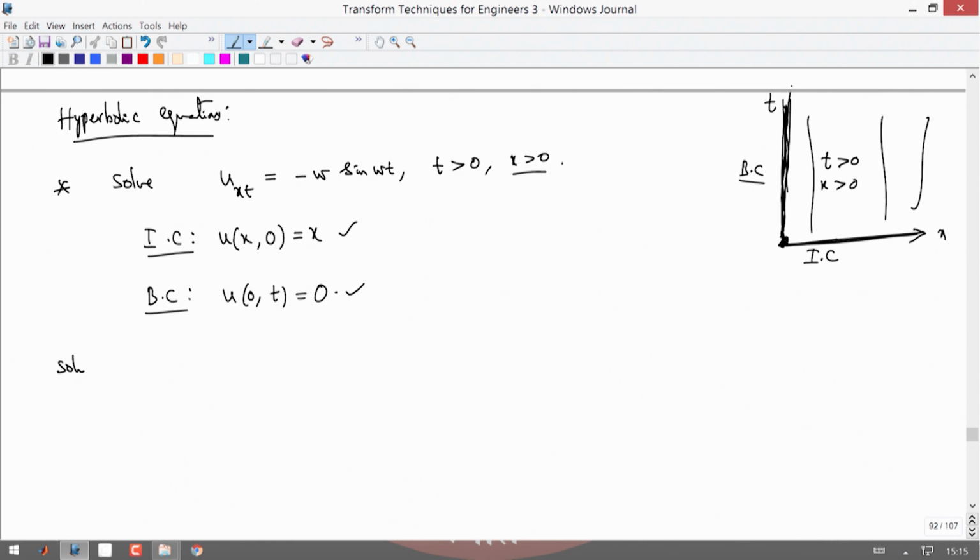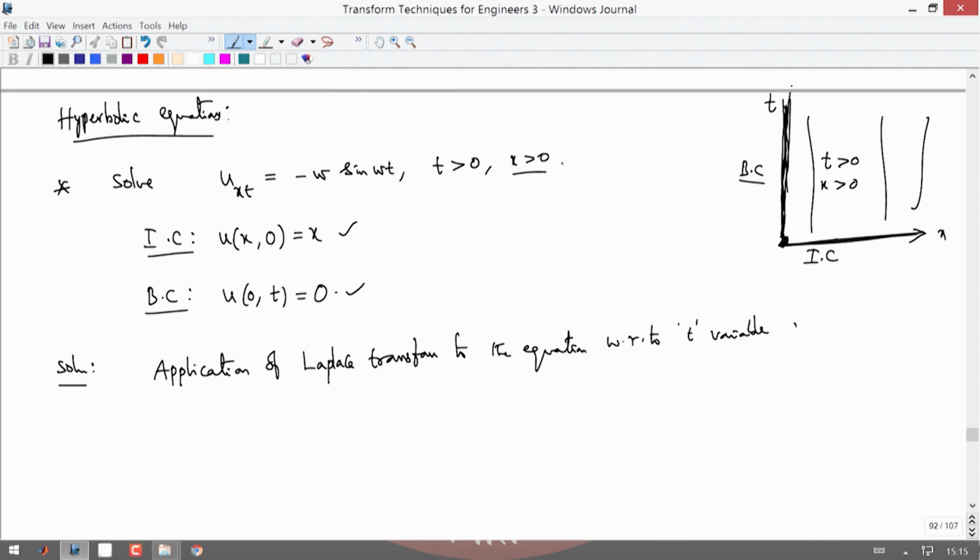So, solution: simply as usual you apply Laplace transform for the t variable. Application of Laplace transform to the equation with respect to the t variable gives, you apply this, you end up getting